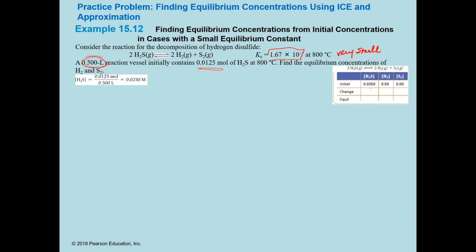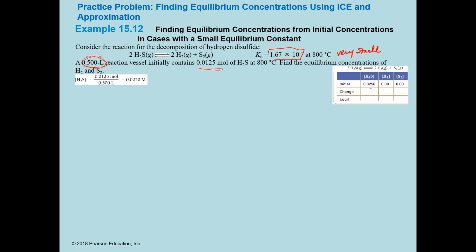You got to remember to do this though, to always look and see what your volumes are, because if you just read through this and said 0.0125, you would be off. You'd be half as much as you were supposed to be. So 0.0250. All right, and so